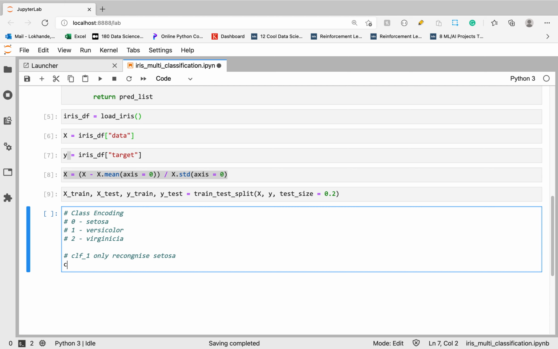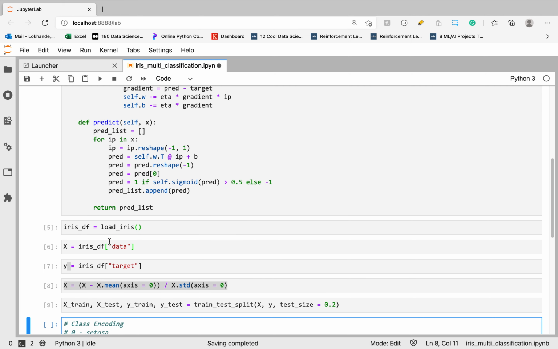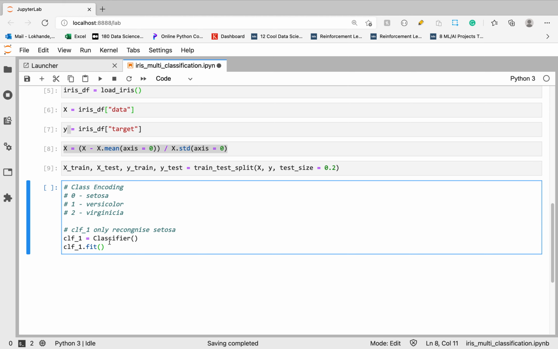Okay, so first let's create an object of our classifier. Now we have to call the fit method. So fit, our first argument will be x train.